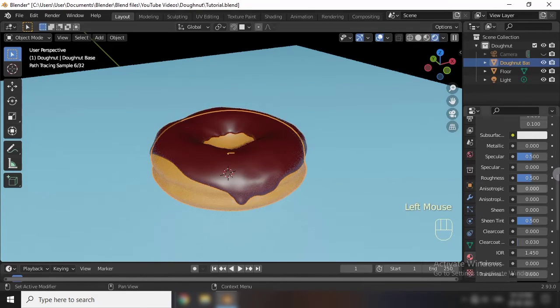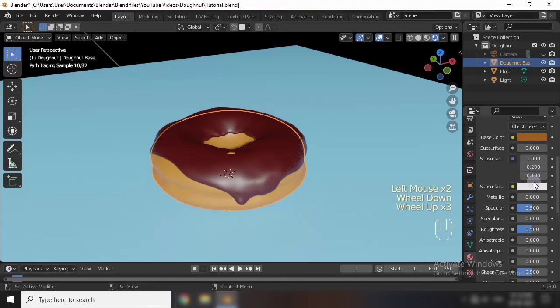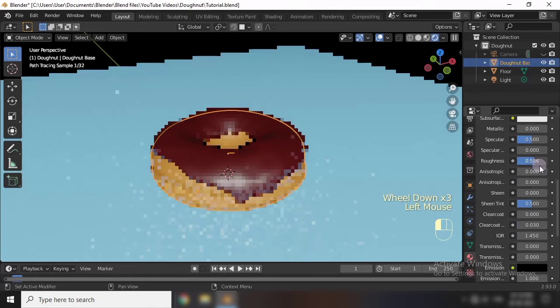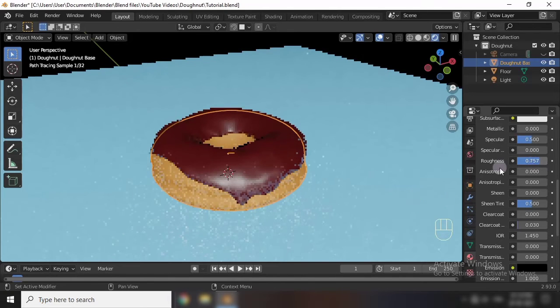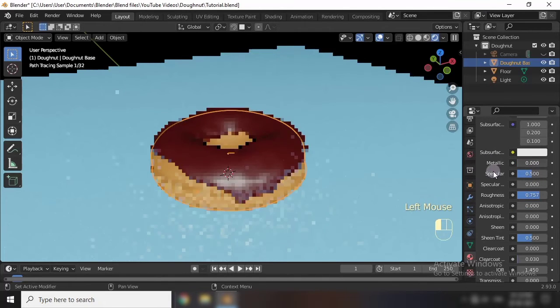Okay, you can see here from there, and I will increase this one. I will make this roughness a bit more rough, and then you can give metallic too, oh, don't need.